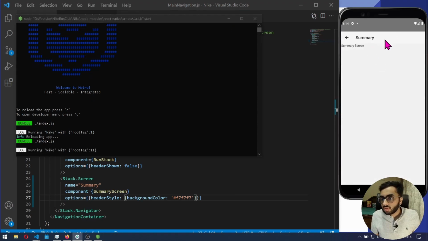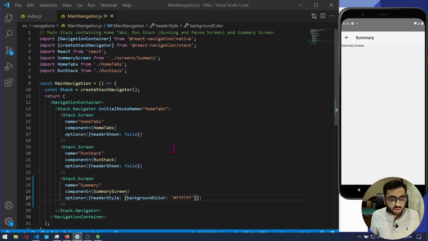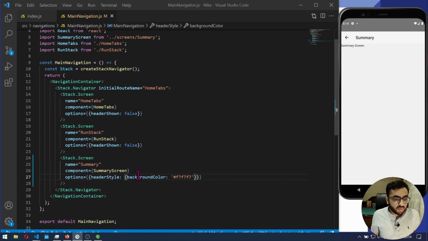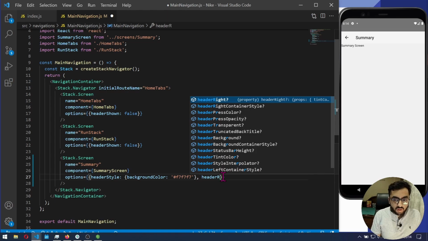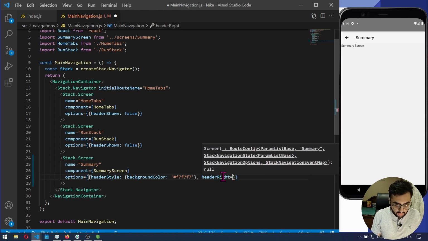Yeah, it is somewhat changed. It is very bright now, and for simplicity let us do this, and let us add our share button over here also. We can do this by going forward and adding, second, a header right, which also takes a function,